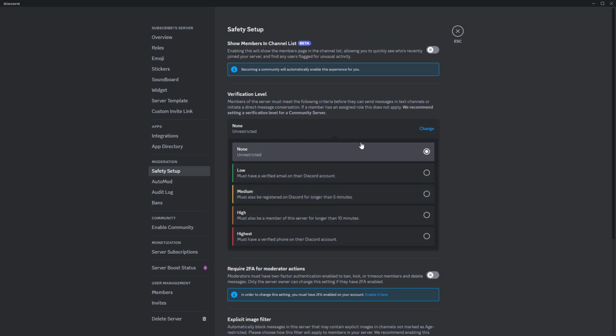have on your server, whether you want it completely disabled or low, which means that the Discord member must have a verified email. You can also set it so that the user on your server must be registered for at least 5 minutes, so the account has to have a longer period than 5 minutes. You can also set it for 10 minutes, so must also be a member of the server for longer than 10 minutes. Or you can set the highest verification level, where the Discord member which joins your server must have